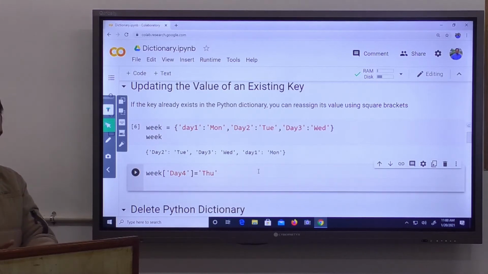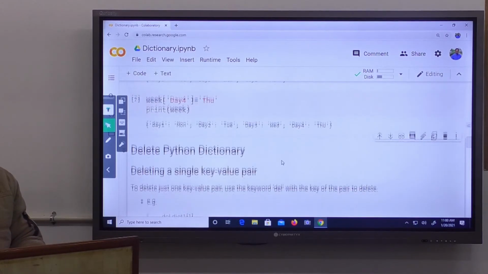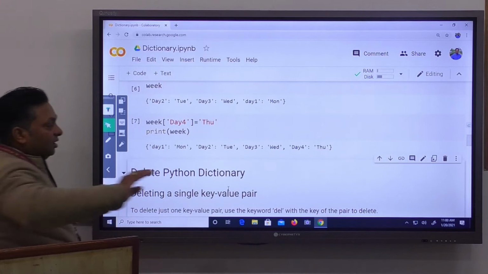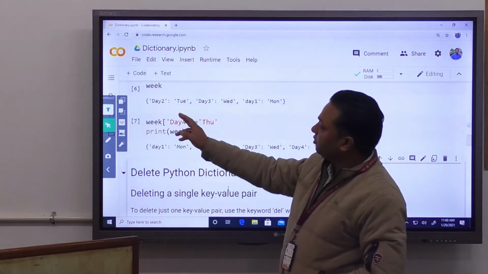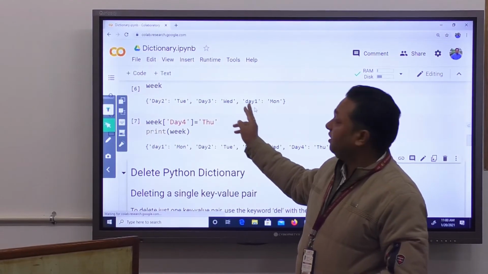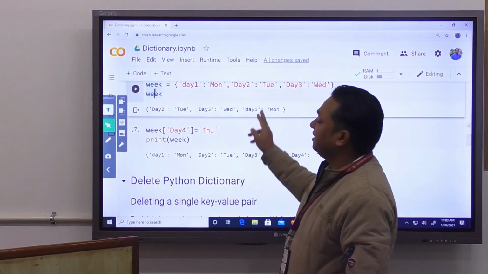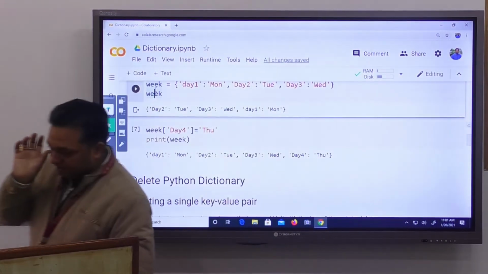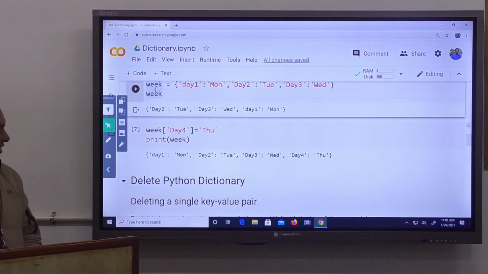Run it and print it, using the print command. You can easily see day4 is added. One more thing you can notice, our dictionary is not an ordered sequence. When we print week, it first prints day2, then day3, then day1. The order doesn't matter in a dictionary because we can access every value via key.